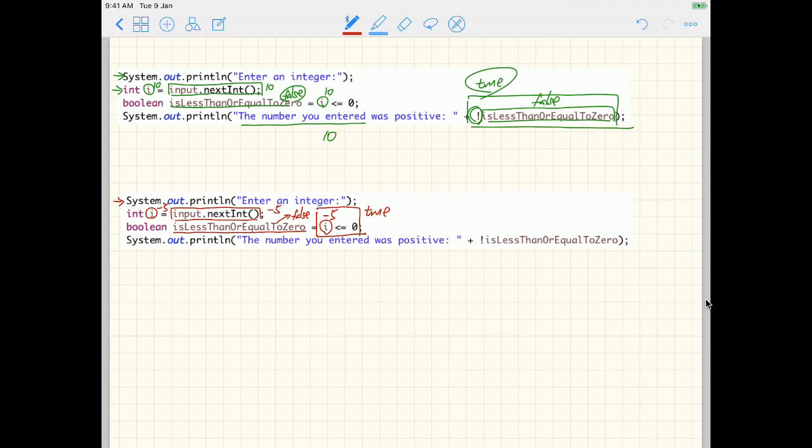So far we know that less than or equal to 0 is going to store false. And don't forget, we also apply a second negation over here, and the second negation is going to flip false into true. Okay, so this is the final result we'll get. So you will say the number you entered, which is -5, was positive. It is going to be,